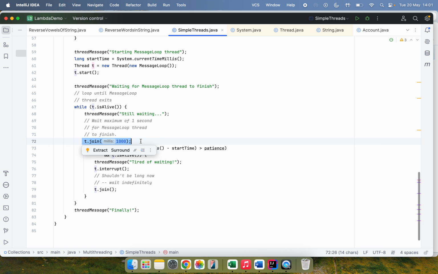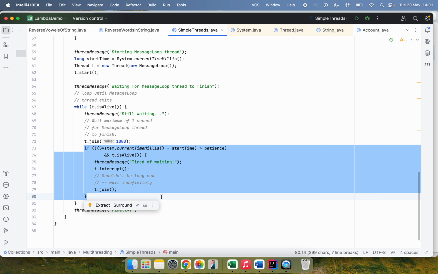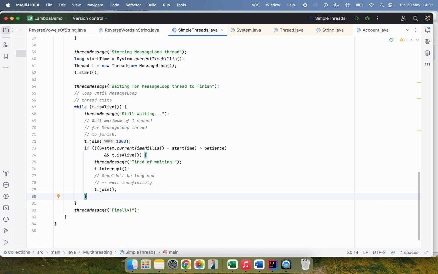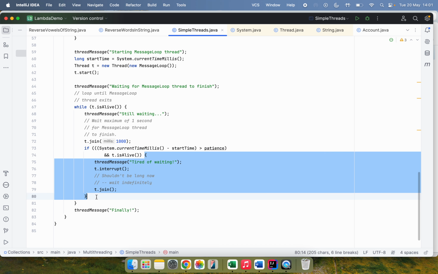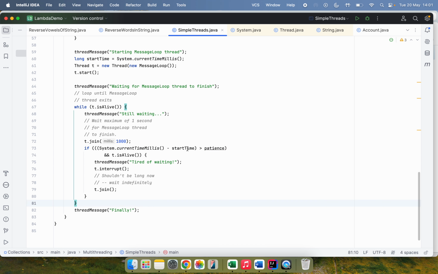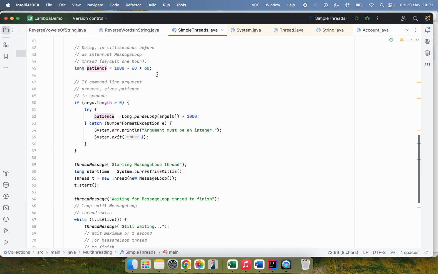And we do thread.join for a second, and then we have an if condition where we take the current time in milliseconds and the start time, and we ensure that if the current time minus the start time is more than the patience which we have defined, which is by default 1 hour,